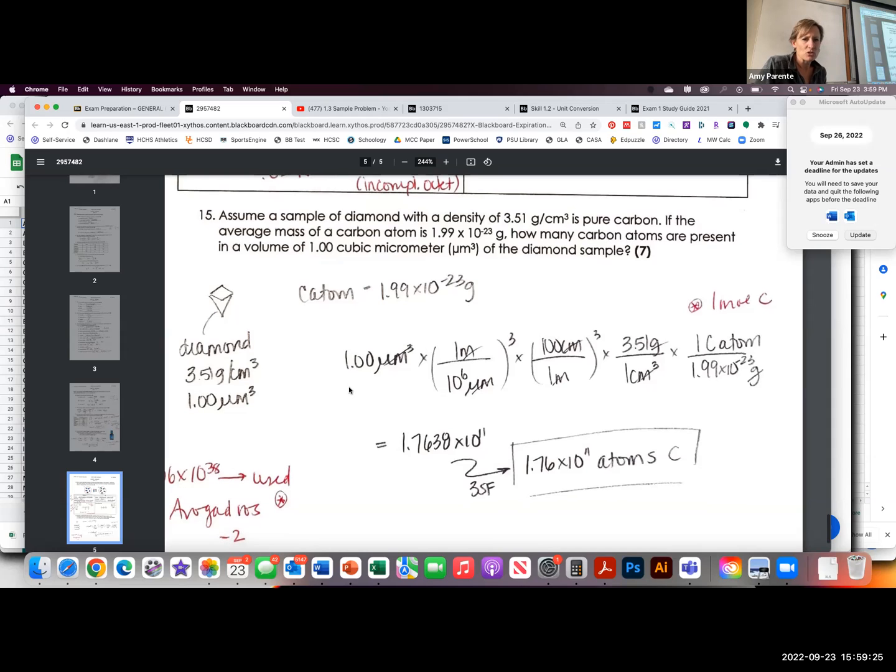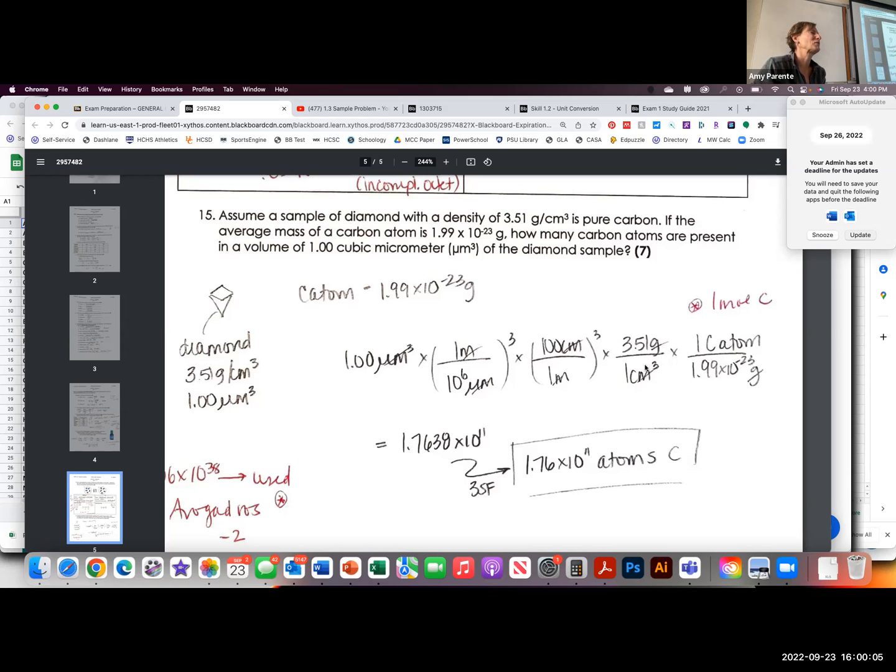So the pieces that we can put together here are, well, here's a relationship quantity that's in the problem: 3.51 grams equals 1 cubic centimeter. I know that one carbon atom weighs this amount. I get that from up here. So once you have these pieces, and I know I want to get to an answer that has the number of carbon atoms, you could actually work backwards from these. Like some people, when they're playing chess, they'll work backwards from a move to figure out what are the multiple steps that I want to go through. If I know that I want to end up with how many carbon atoms,